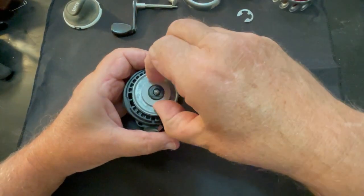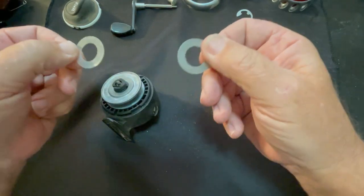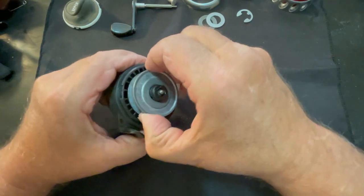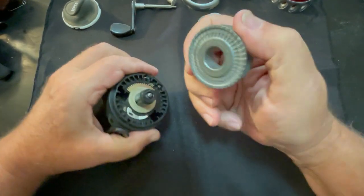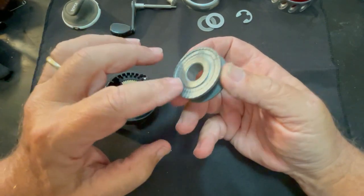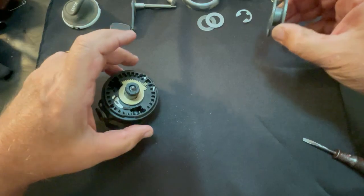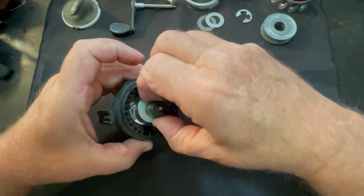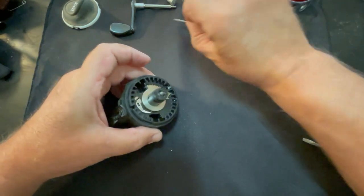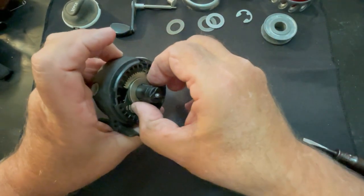spool. Then we have a metal drag washer on top, a Teflon drag washer underneath. Then we have the spool, and there we go. There should be, okay, if it's stuck to it, sometimes the drag washer will stick to here, but it did not. Okay, so it should be under here. There we go. There's our drag washer, or another Teflon or nylon, one or the other. And then there's the metal drag washer,